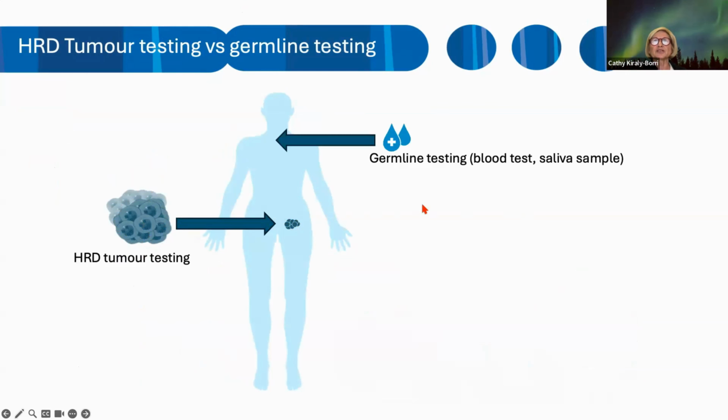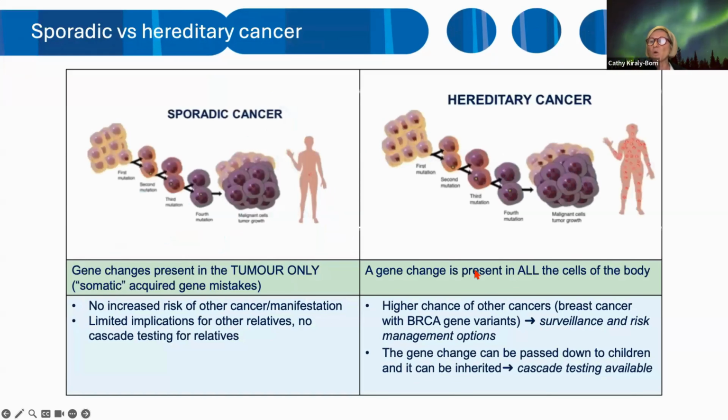Whereas when we're talking about germline testing, when we're using, for example, a blood test or a saliva sample, we're actually looking at genes that were present from the time we were conceived. So that's really what we call germline testing. And just to explain why it is important to differentiate when, for example, a BRCA gene change is present only in the tumor, or if it's present in all the cells of the body,